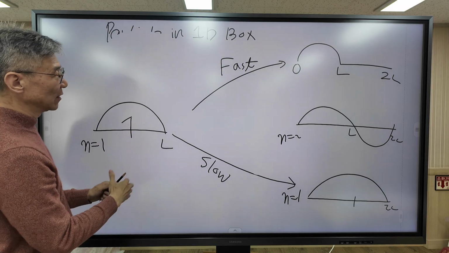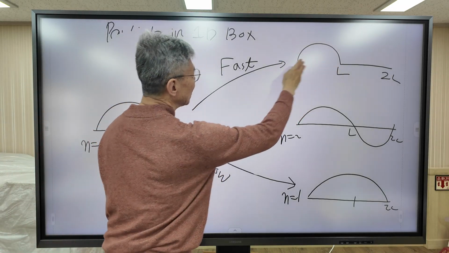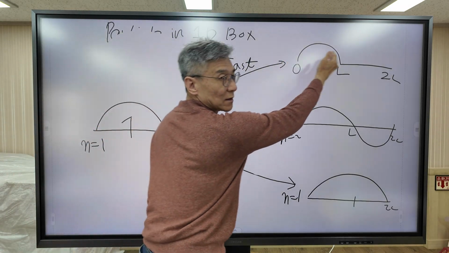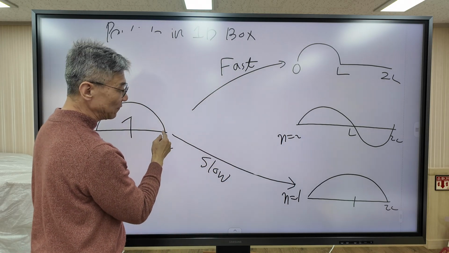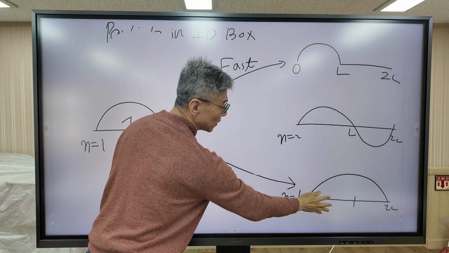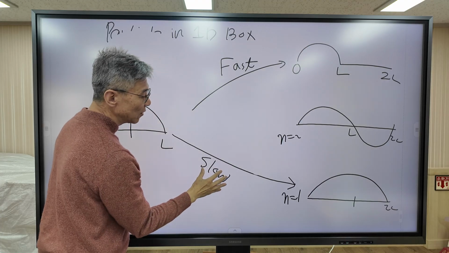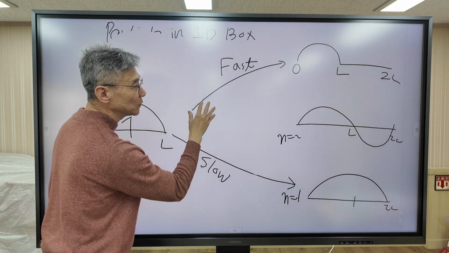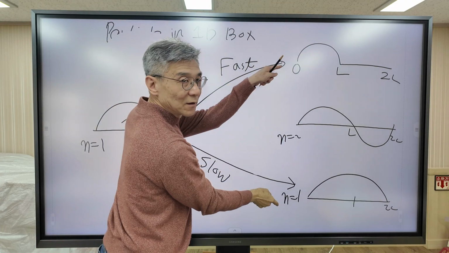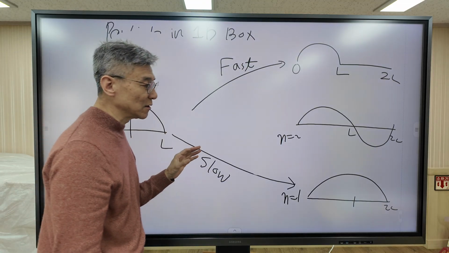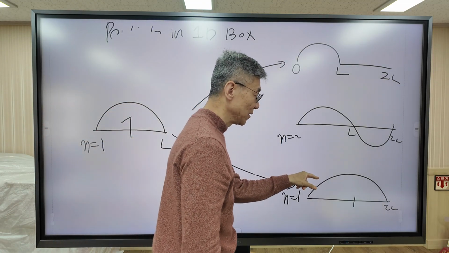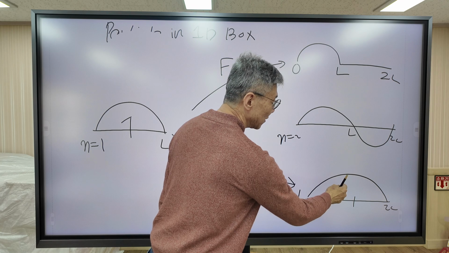This is the initial state. This is the final state, when the wall moves very fast. When wall moves very slowly, it follows the wall. This is the final state when wall moves slowly. When it moves fast, this is the final. Different, right? Now, when you try to measure the energy of the electron